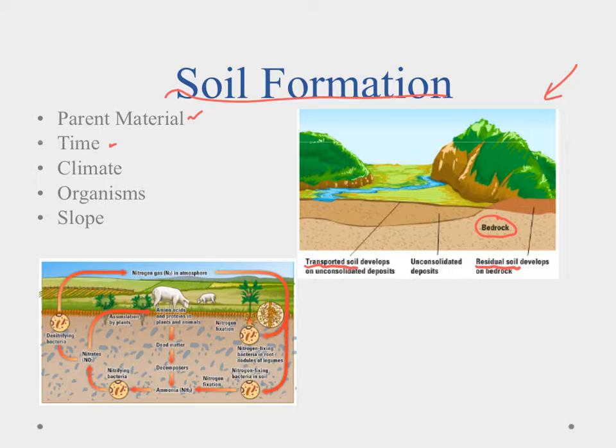Now, this time can be affected by things like climate and by organisms. So if there's a warm, moist climate where you get a lot more weathering occurring and you get a lot more plant growth and decay, then you'll see the soil form a little bit quicker. If it's a dry climate like a desert, it can take a long time to make just a little bit of soil. The organisms are primarily microorganisms, and those will be like bacteria and stuff, which play an important role